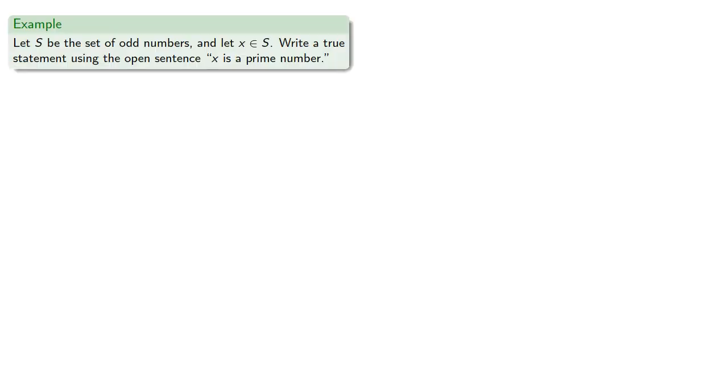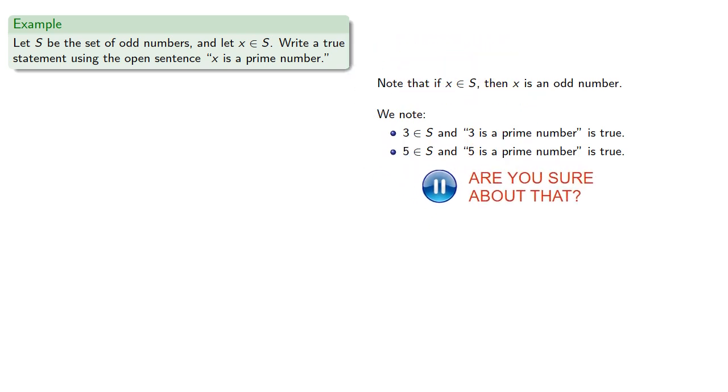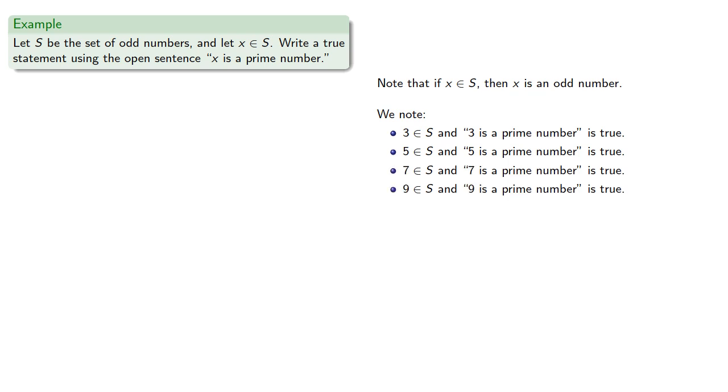For example, let S be the set of odd numbers and consider x in S. Let's write a true statement using the open sentence, x is a prime number. So note that if x is in S, then x is an odd number, and our open sentence will be about that odd number. And so we note 3 is in S, and 3 is a prime number is true. 5 is in S, 5 is a prime number, that's true. 7 is in S, 7 is a prime number, that's true. 9 is in S, 9 is a prime number, and that's